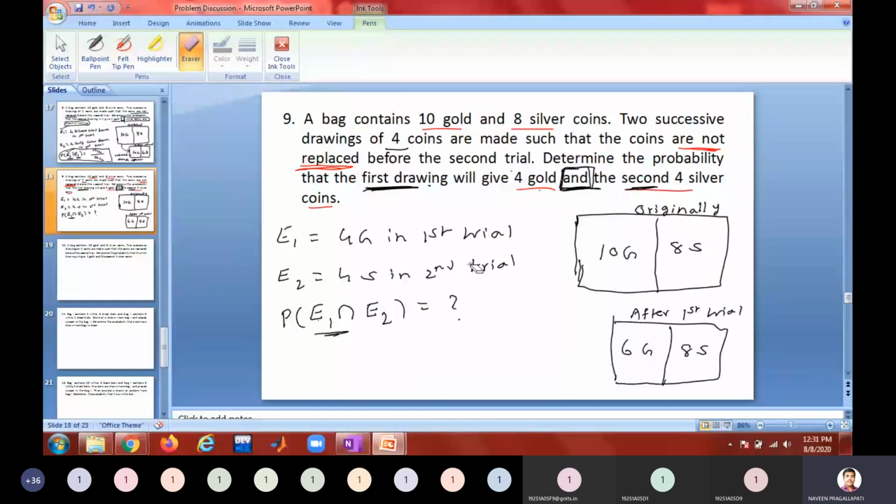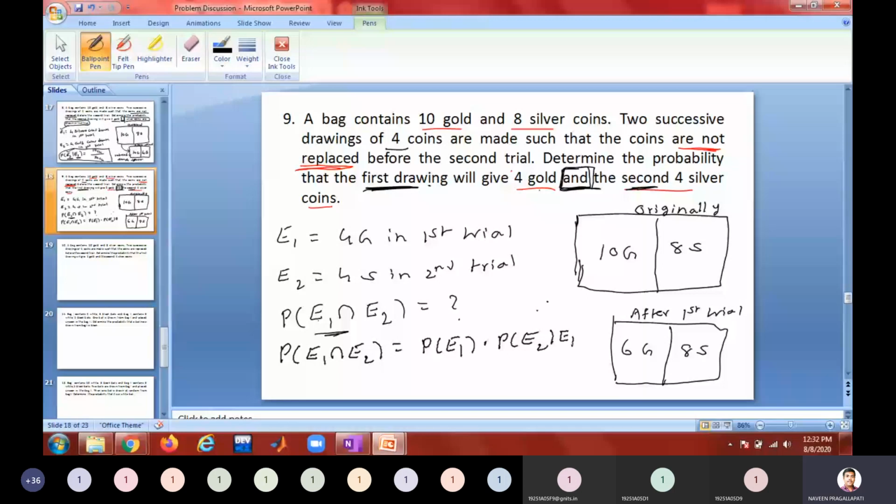Okay, what kind of events they are, dependent or independent? Whether he is asking about conditional probability or whether he is asking about the joint probability. Now tell me, what is the formula for it? What is the formula for the conditional probability? The joint probability. Last class we discussed, no? P of E1 into P of E2 given E1. That is what I said. Just cross multiply.